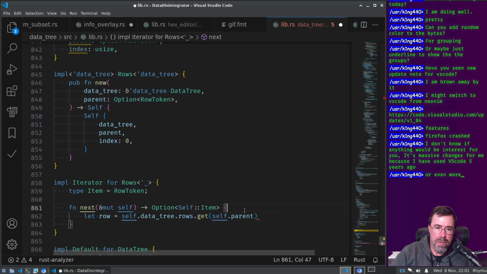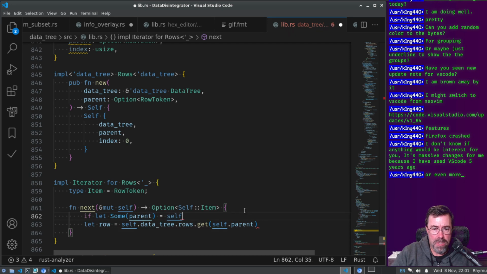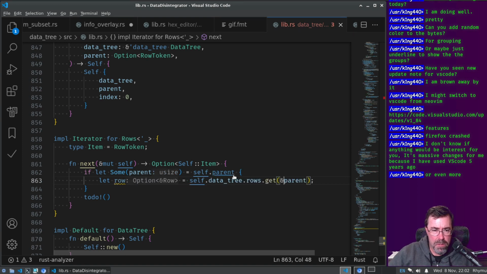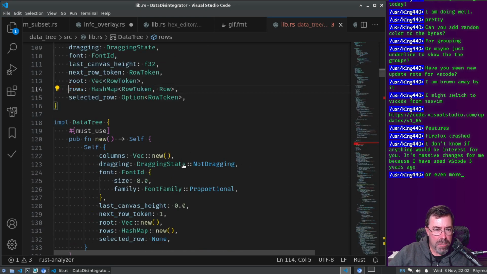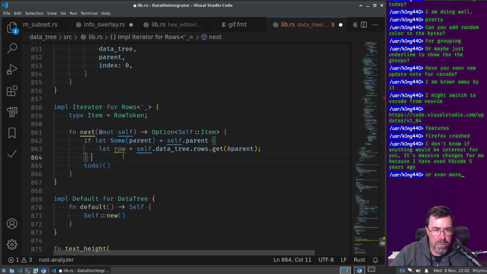It's if let some parent equals self parent, then it can do parent here. And if it's not, I have to go to root, right? Yes. Yep. Okay. So else